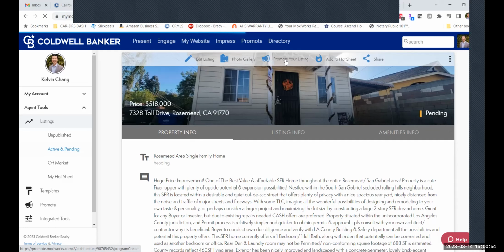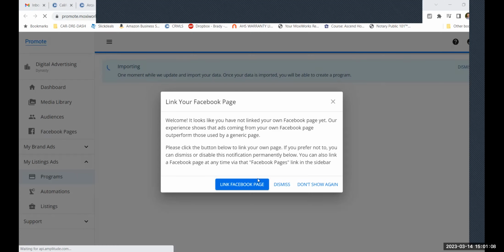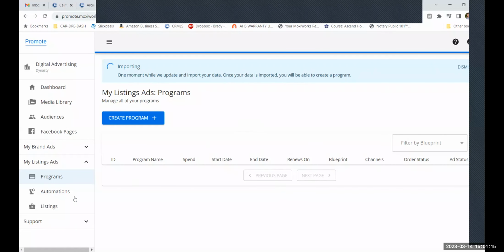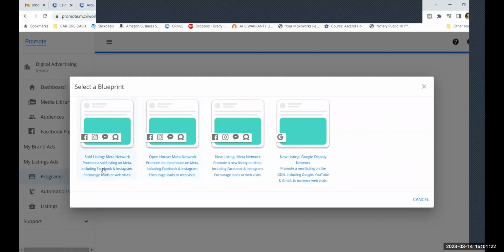Now, the second reason why you would want to use it is called the promote your listing button. Because when I promote it, you have a couple of different tools that the MLS doesn't have. For example, with the click of a button, I could create a program like sold. So by pushing this button,